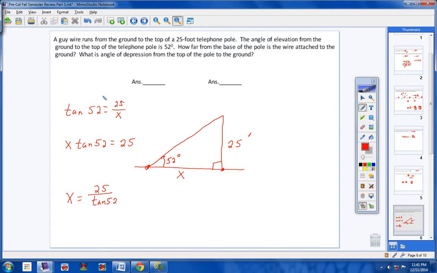And here we go. So 25 divided by tangent of... hold on one second, students. Sorry, my calculator is messing up. 25 tangent of 52. Enter is